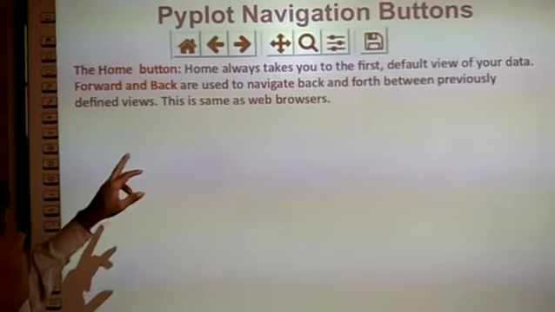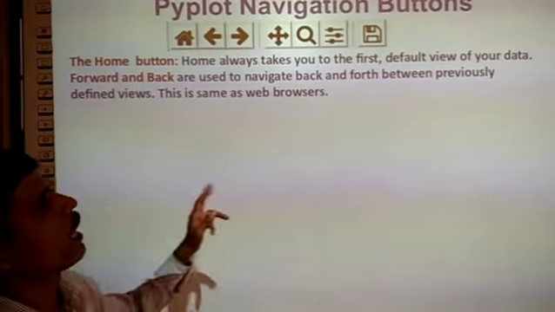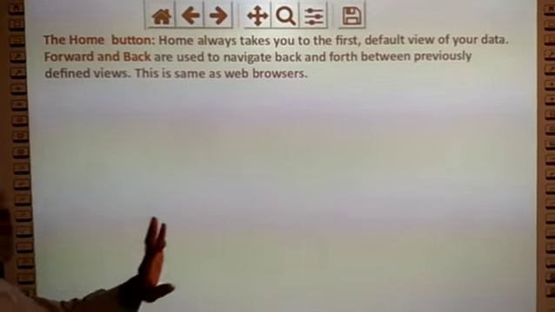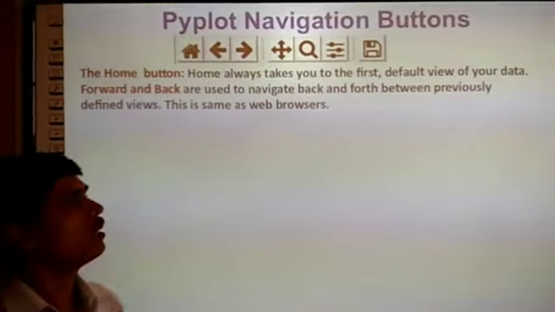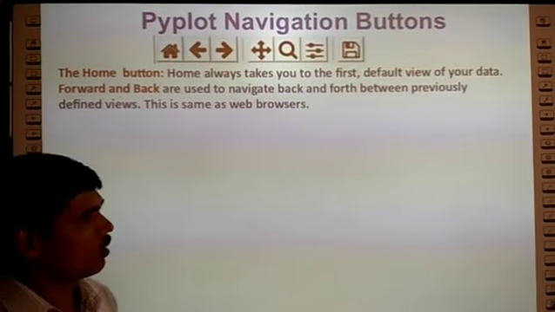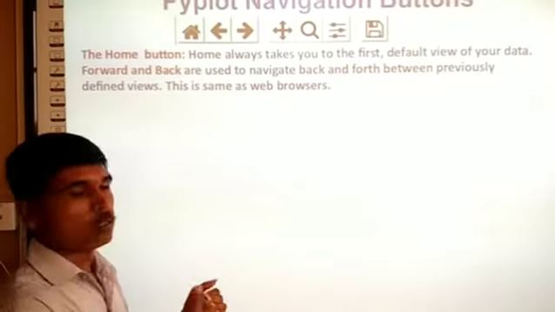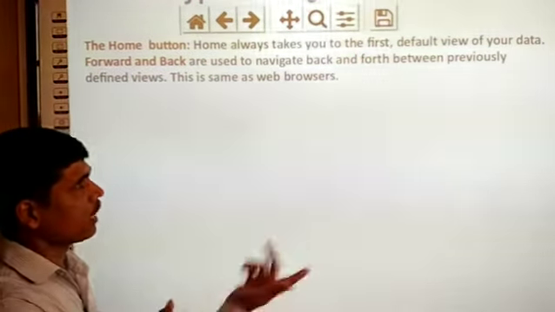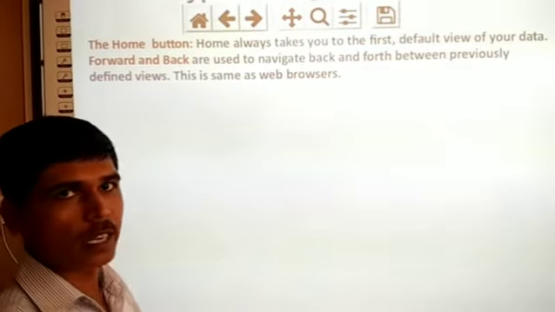Okay, these buttons are used to navigate back and forth between previously defined views. This is the same as web browsers. If some changes are there in your chart, to move to the previous view, click on the left button. To move to the next view, click on the right button.